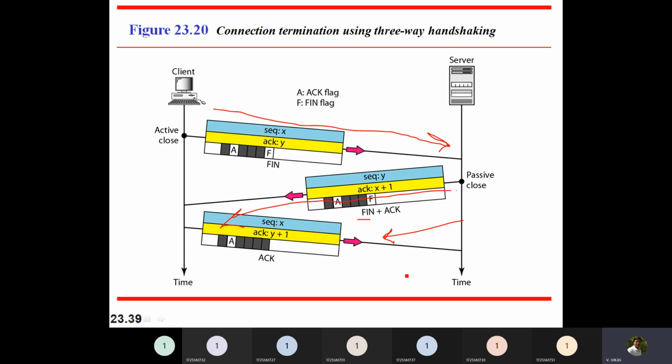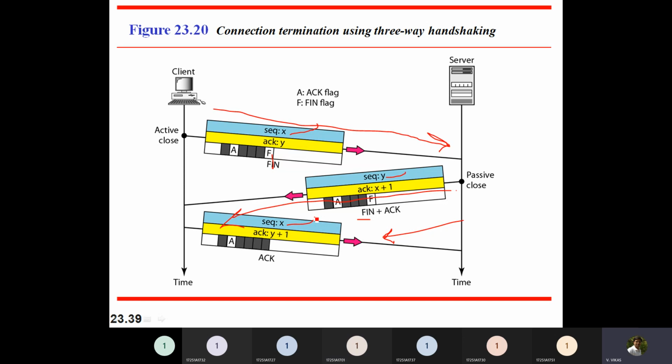Here also you see, whenever you are sending FIN message, you are having this F. And sequence number, when you are sending FIN message, you have sequence number. But when you are sending only acknowledgement, you are not changing sequence number, or it is not consuming any sequence number. Is it clear how connection is terminated?